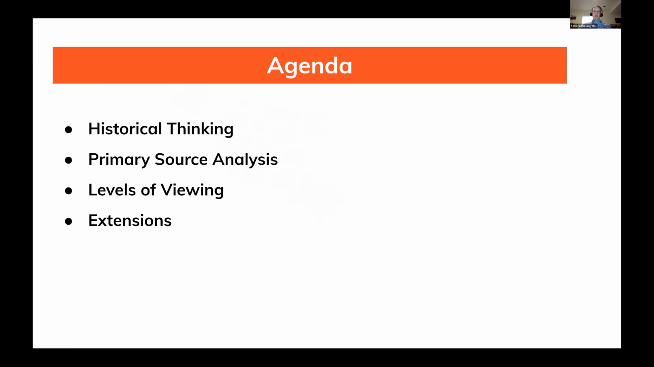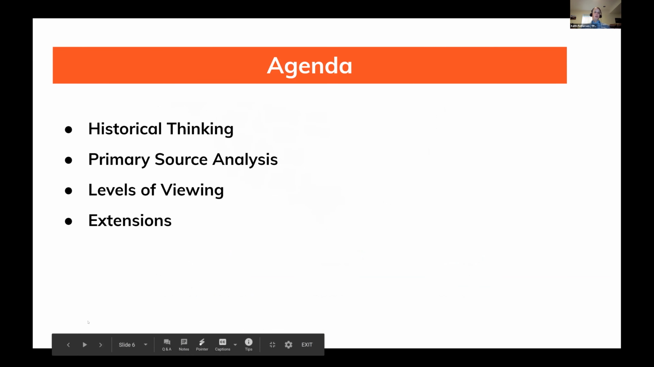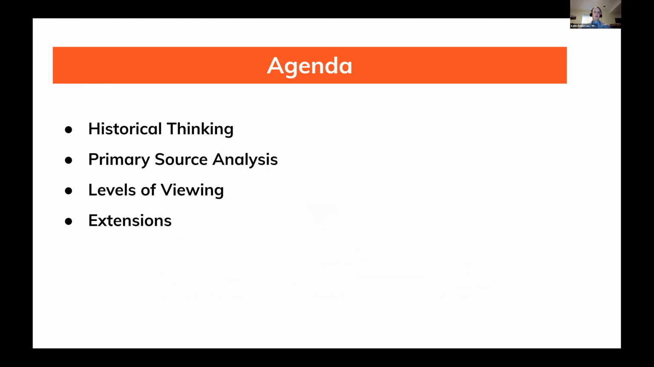And as for our agenda today, we're going to be talking a little bit about historical thinking, and that's as a foundation for our work today, just to really set some thinking skills about the work we do. Then we're going to go into one of our foundational tools, which is called primary source analysis. We're going to do a really quick walkthrough of a highly effective primary source analysis tool that you can use in your classroom. Then we're going to really explore a very exciting protocol called levels of viewing that help break